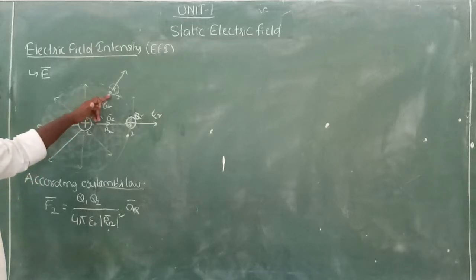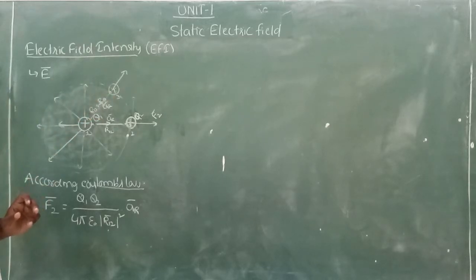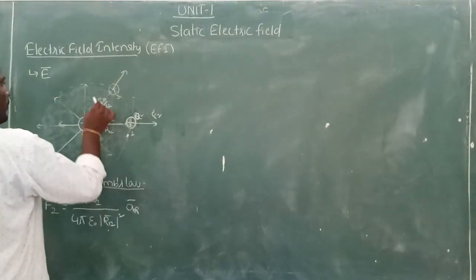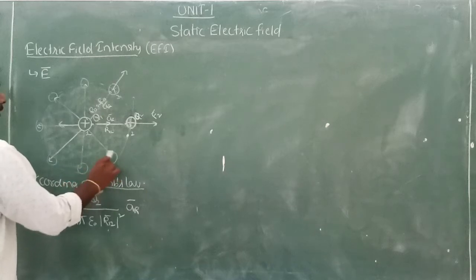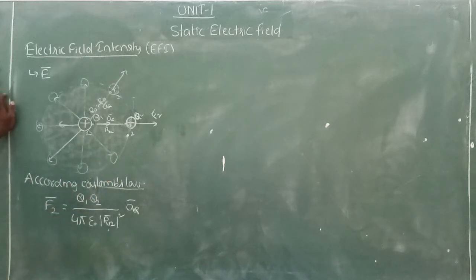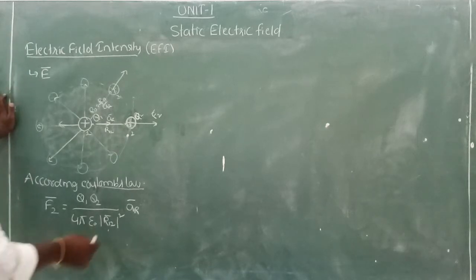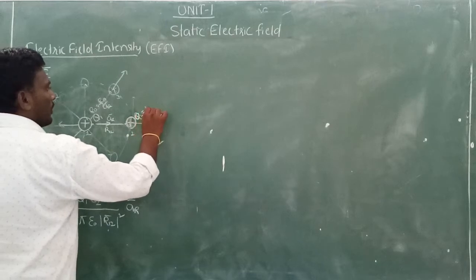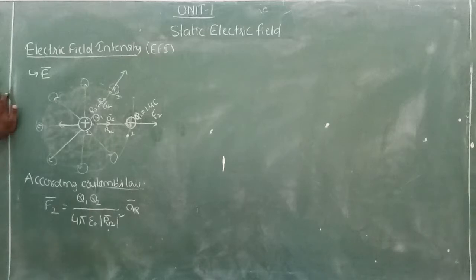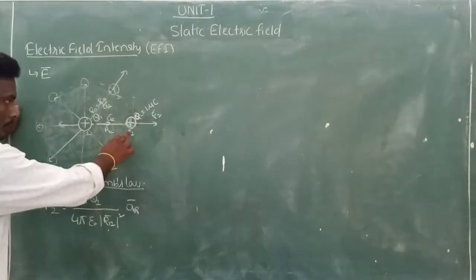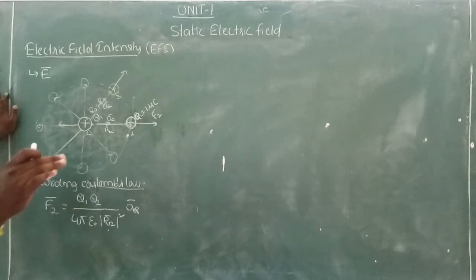So that means the force exerted on Q2 at position 3 is also the same. That means suppose you consider the same charge at this location, this location, this location, the force expression is not going to be changed. Now, sir, if this charge has unity magnitude, how can I change my expression? Okay, if Q2 has unity magnitude, that means 1 microcoulomb.